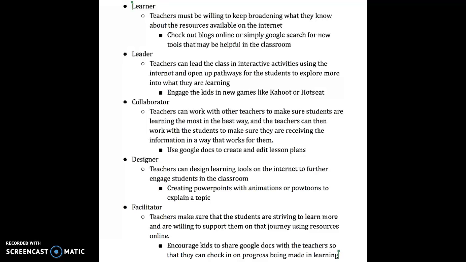So I wrote a little bit about how this applies to teaching, especially when it comes to digital literacy, in the bullet points below, and then the bullet points after that, the square ones, give an example of how you can use that standard in the classroom when it comes to digital literacy. So the first one is learner, and with that I wrote,